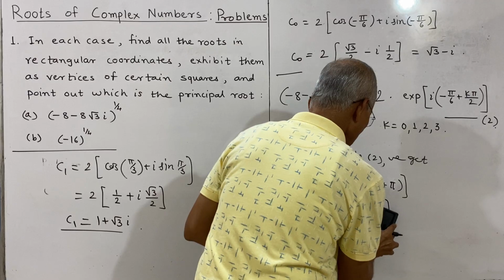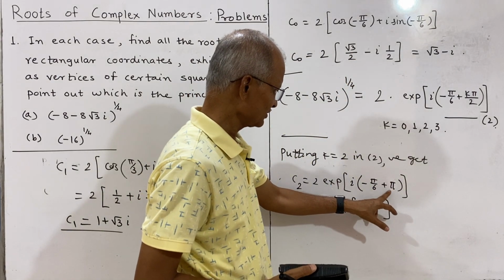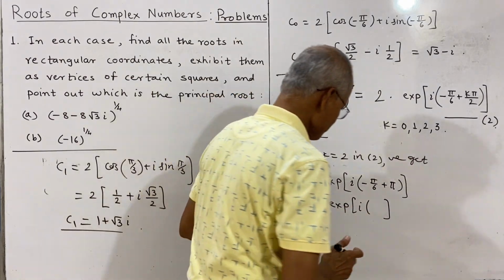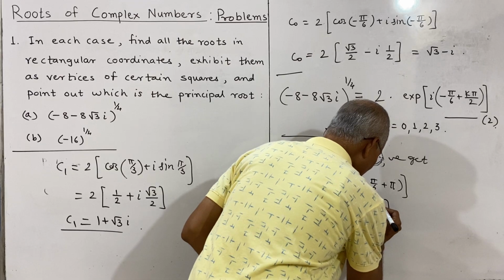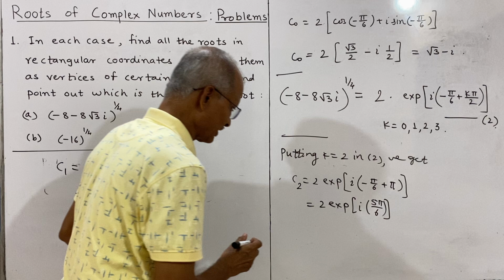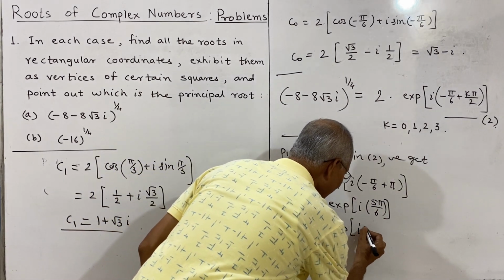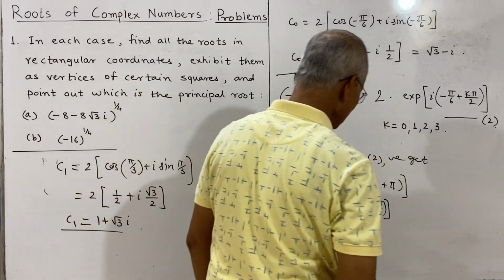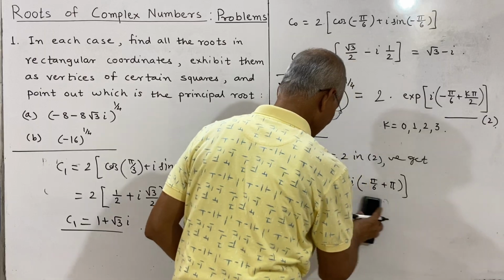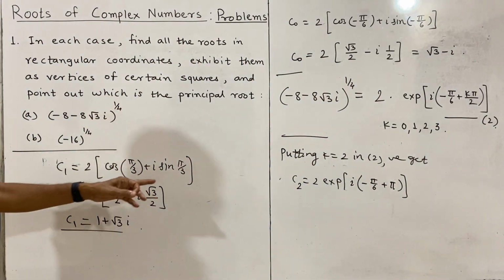You see, take the LCM as 6, so this is 6 pi upon 6 minus pi, and that is 5 pi by 6, and again 5 pi by 6 is to be written as 2 exponential I into bracket, and we will write it as it is. So there is no need to express this in another way,